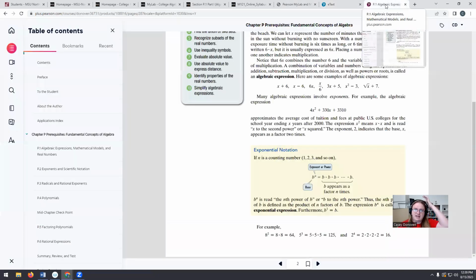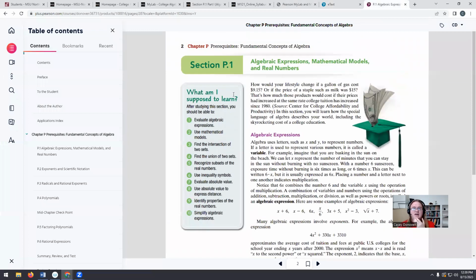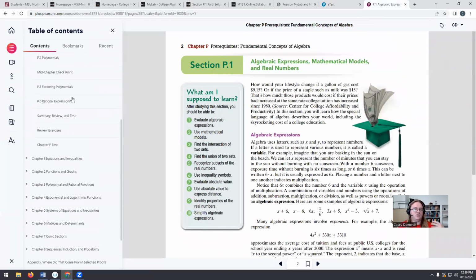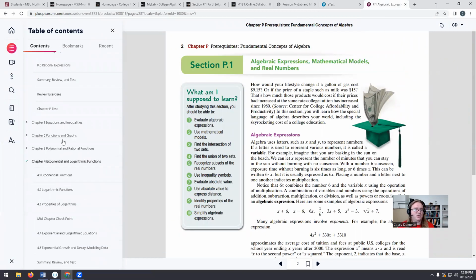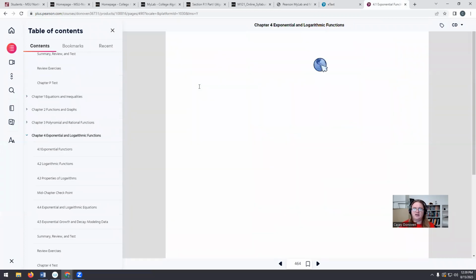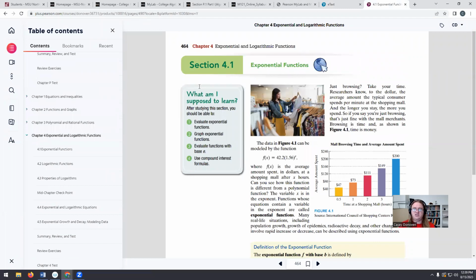It takes a little second to load, so here I've loaded it up already. When you open it up, there's a little table of contents in the upper left-hand corner, so you could go find whichever chapter you happen to be working on. And you can do this in addition to watching my videos on the subject.